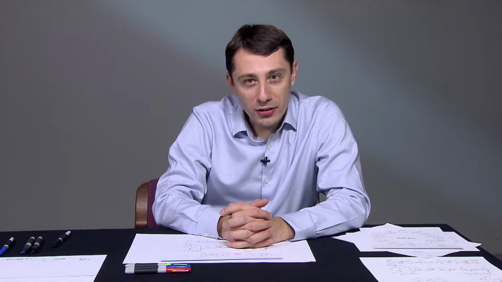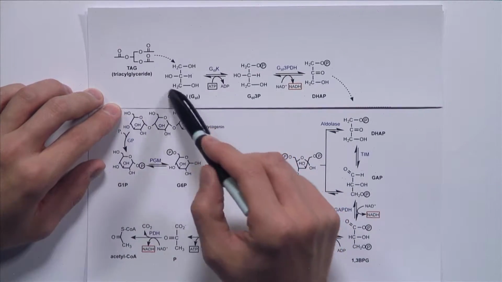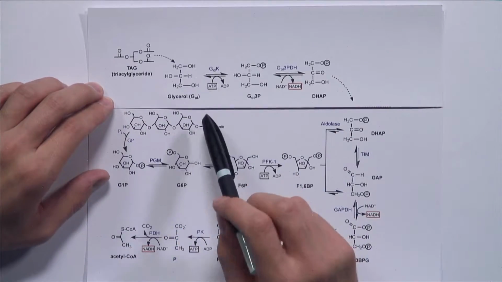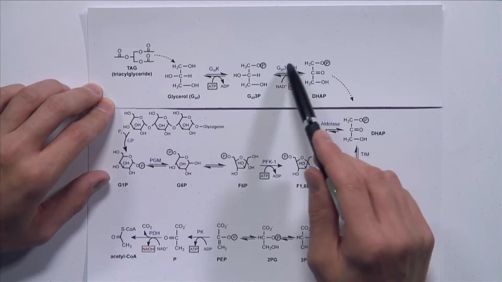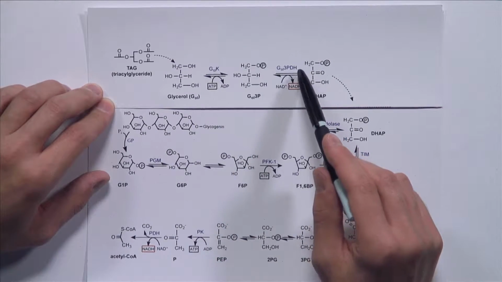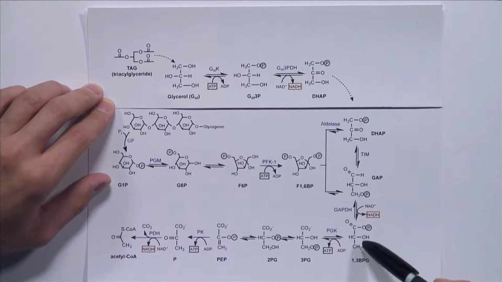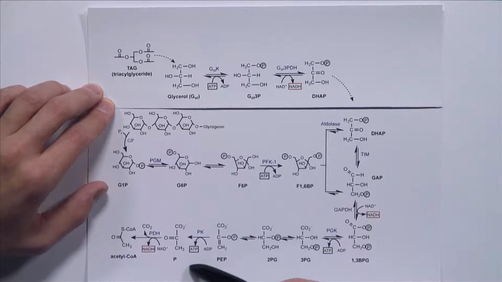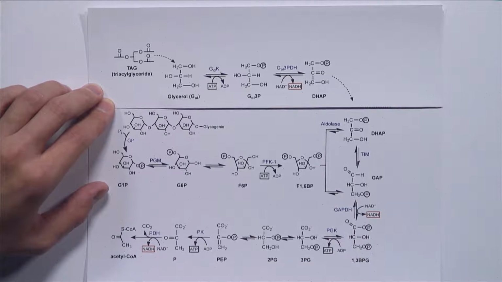Now, if you have watched problem set 7, you might recognize the following pathway. As we just discussed, triacylglyceride can be hydrolyzed to form glycerol, right? And the glycerol is then first phosphorylated by glycerol kinase and oxidized by glycerol phosphate dehydrogenase to generate dihydroxyacetone phosphate, which can then enter glycolysis and follow glycolysis all the way to pyruvate and then acetyl-CoA. From there, acetyl-CoA can go into the TCA cycle.